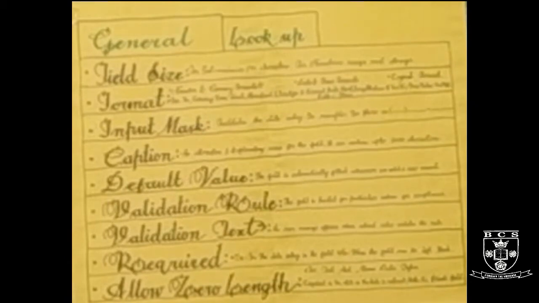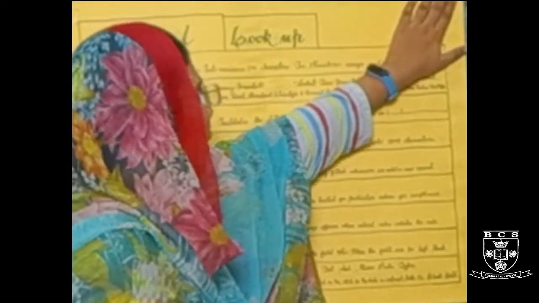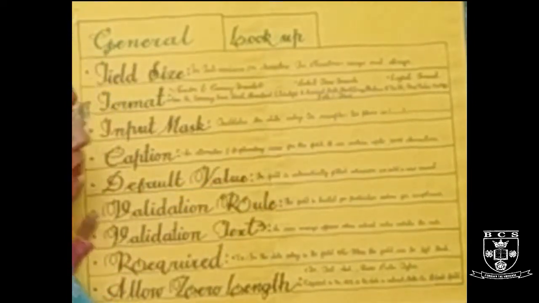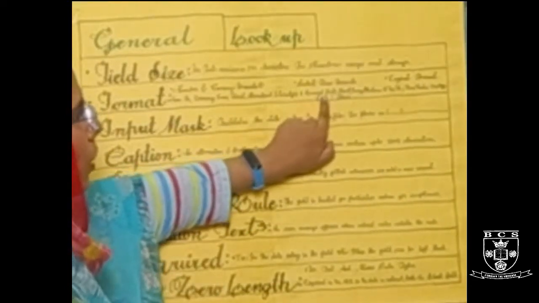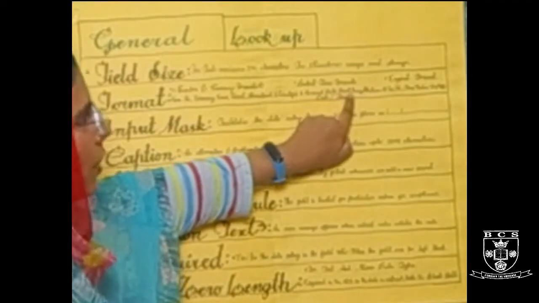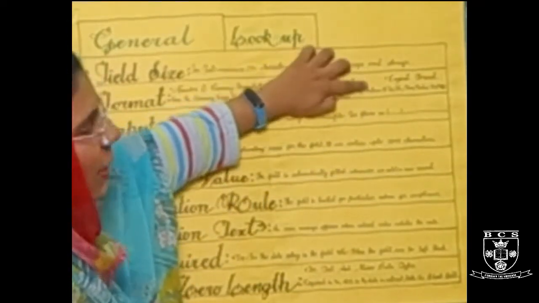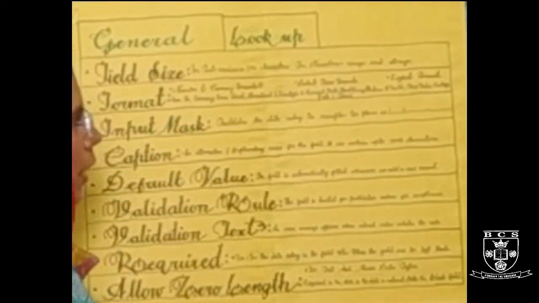And for the second one, if we are entering data for date and time in any particular field, there are also some predefined formats for date and time. The first one is general date, second is short date, third is long date, fourth is medium date, then we have short time, long time, and right after that medium time. So these are all the formats for date and time.